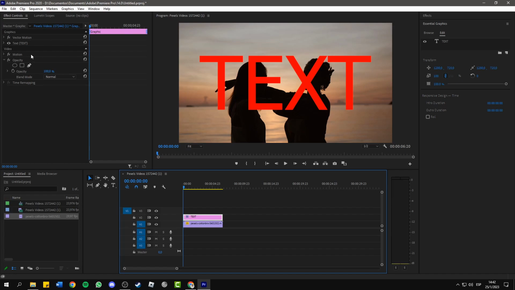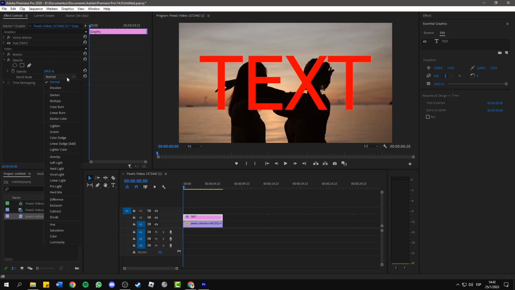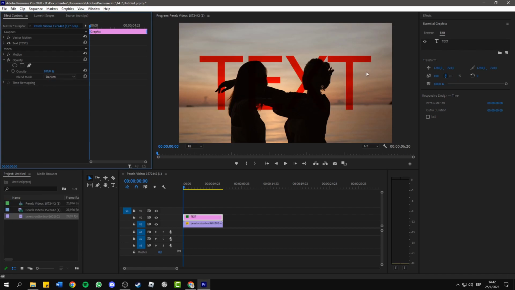So now that you have the text, you need to click on it, then you go to the Effect Controls panel. You'll see here the opacity, then you can choose the blend mode. So you can try with darken. As you can see, the text is now underneath these two persons. But you can try also with multiply and with different